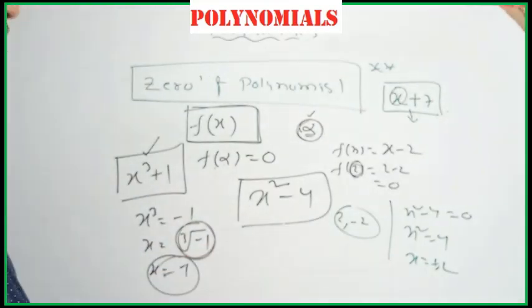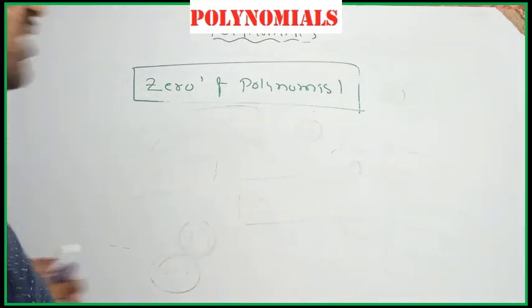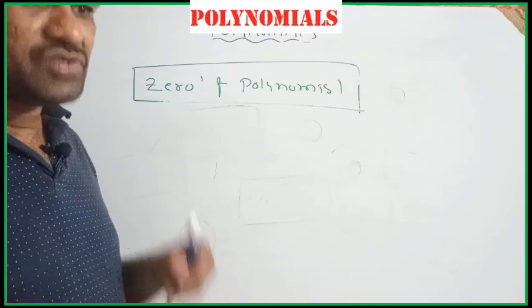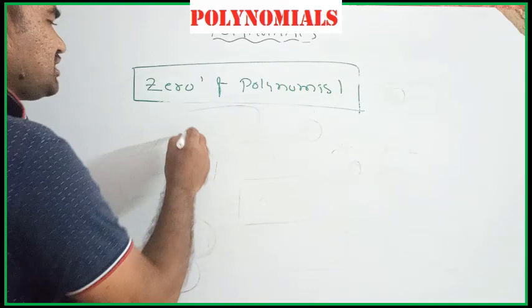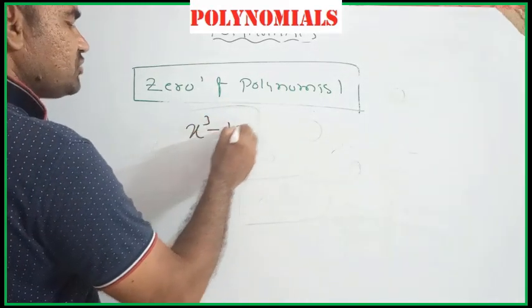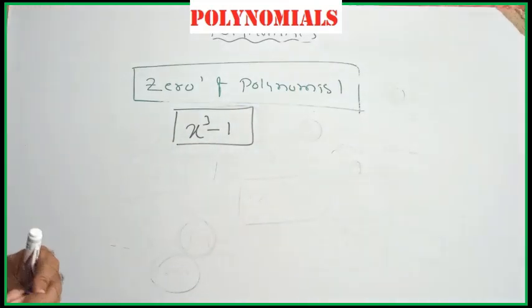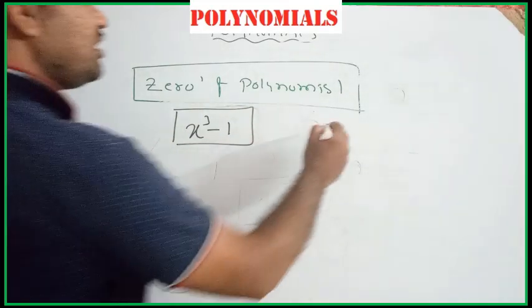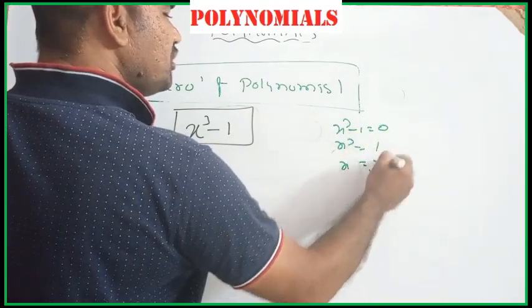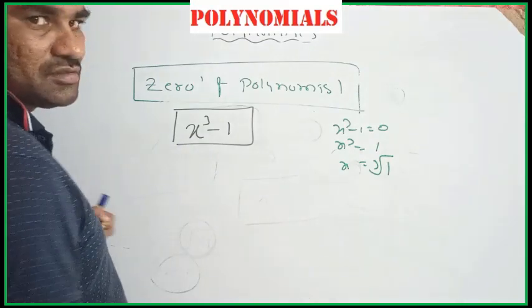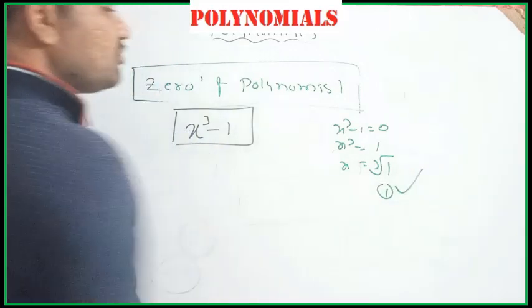By using the factorization method, or otherwise we can find. I will explain. Actually in this chapter we need to find zeros, meaning only real zeros. But I just want to explain. x cube minus 1 is given. Find the zeros of this polynomial. Generally you can say x cube minus 1 equal to 0, x cube equal to 1, x equal to cube root of 1, which is 1. Okay, so you can say that 1 is one of the zeros, but not all.